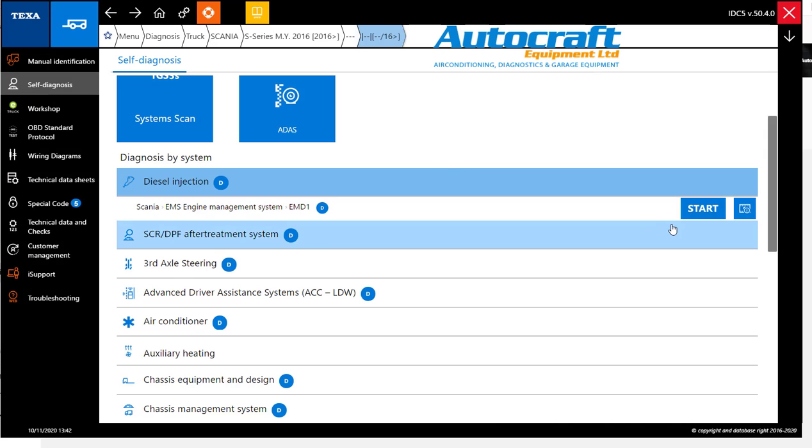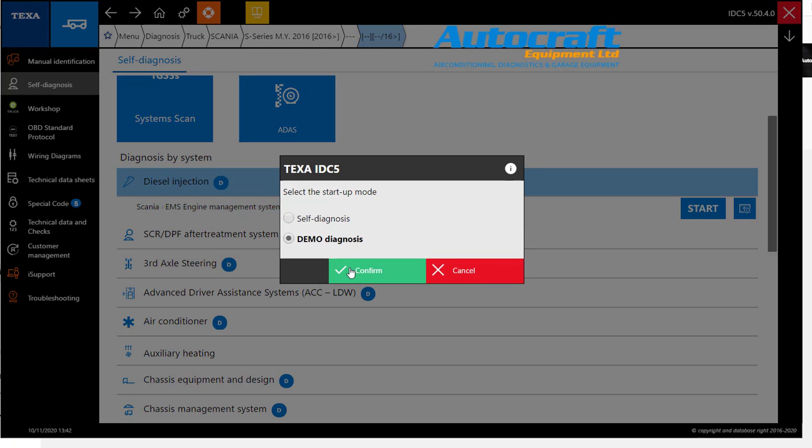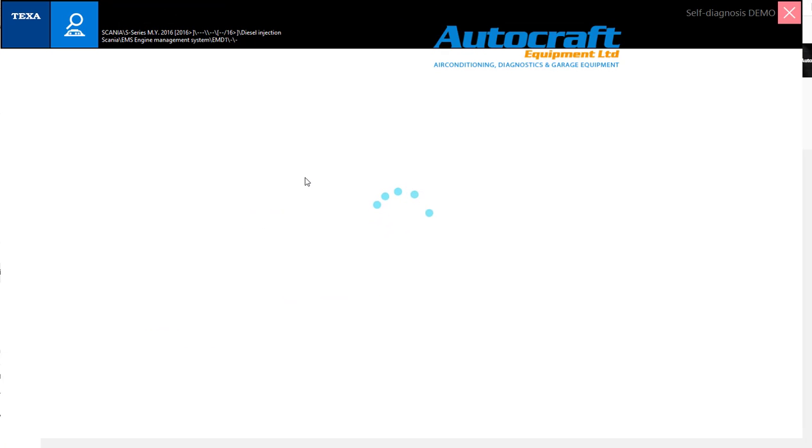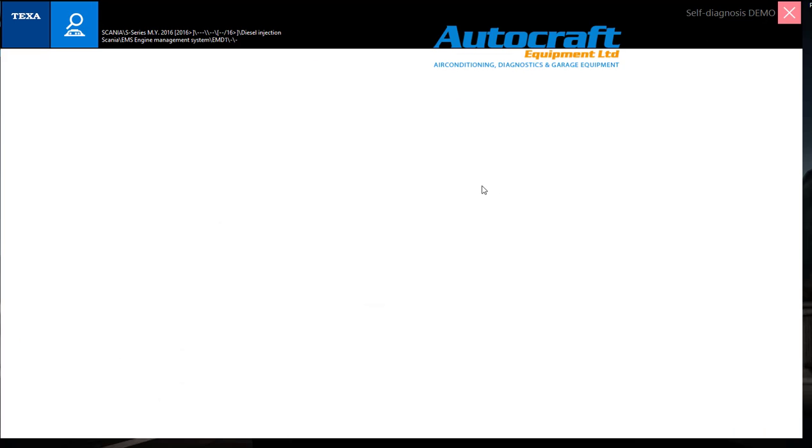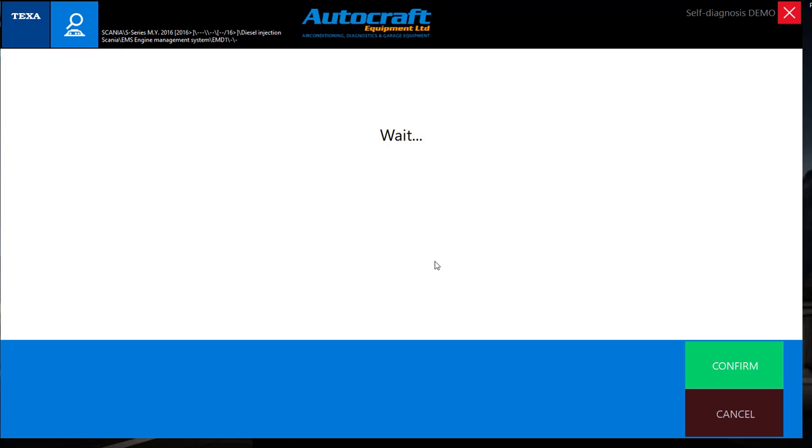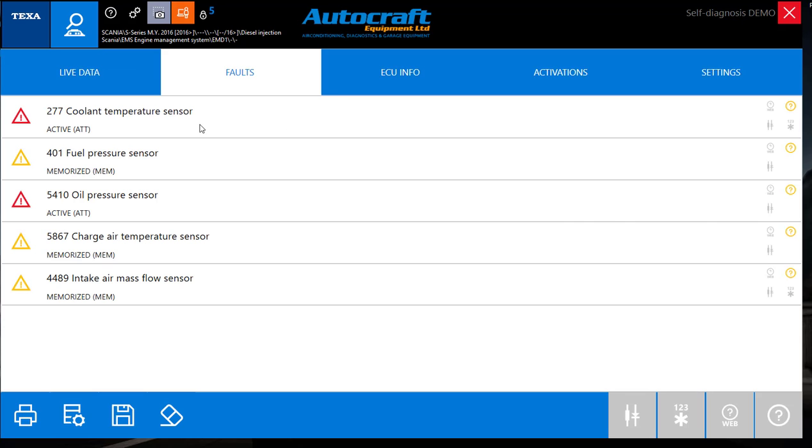As I'm on demo software, I have to go this way and just tell it it's demo. And the ECU will now start talking to the vehicle. And it says switch on ignition, which I'll do. And it opens into the faults page. Always opens here first. Again, watch the videos on faults, so it'll give you more of an explanation on what